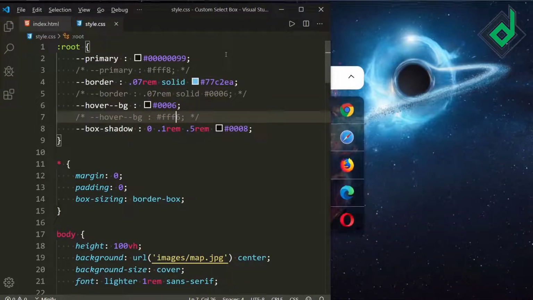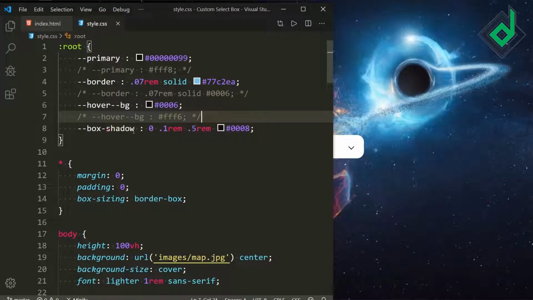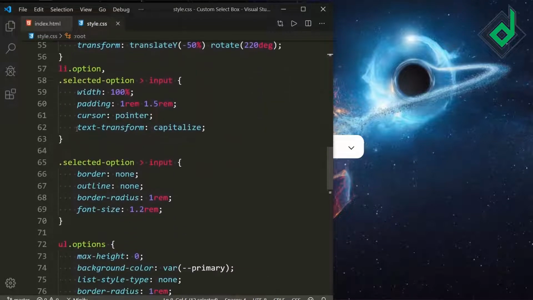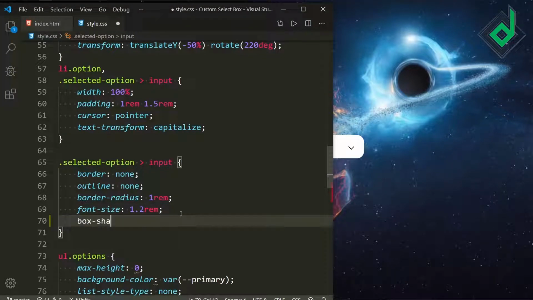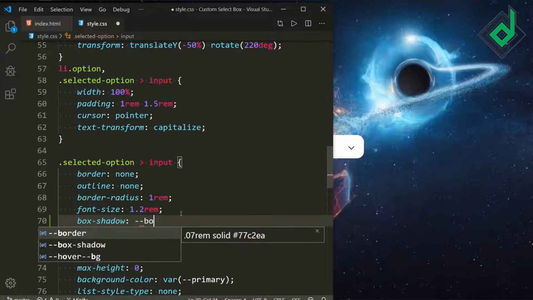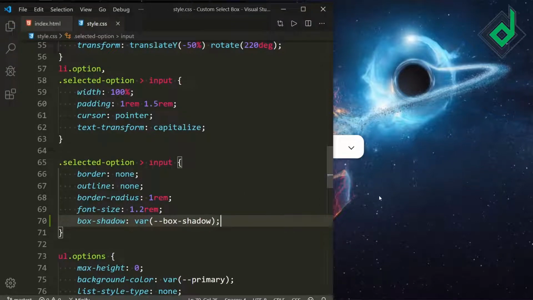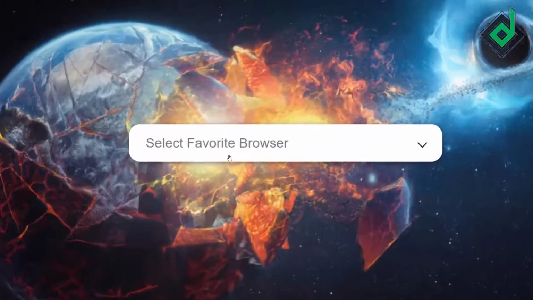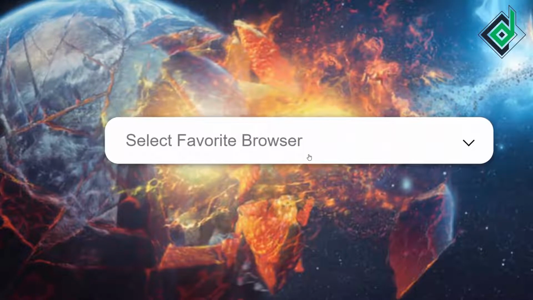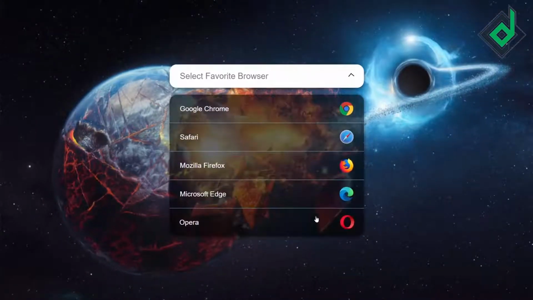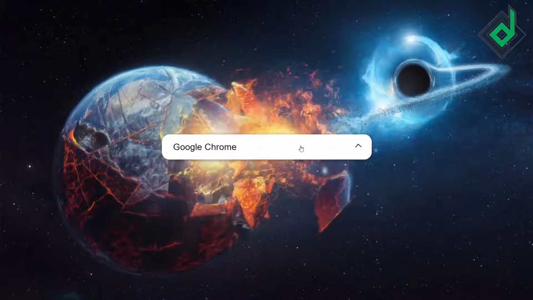And also let's give that box shadow variable for that input text field too. So for the input text field, I'm giving the box shadow, and I'm giving that variable box shadow. So if I save and in the browser, now you can see, after adding that box shadow for that input text field, it's looking much better than before. So yeah, everything is working and the animation is smooth. Okay, so this is what you want. So that's all for today.